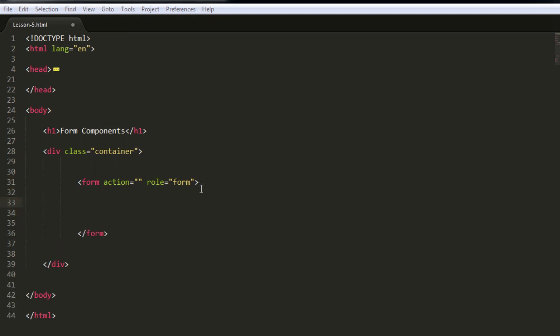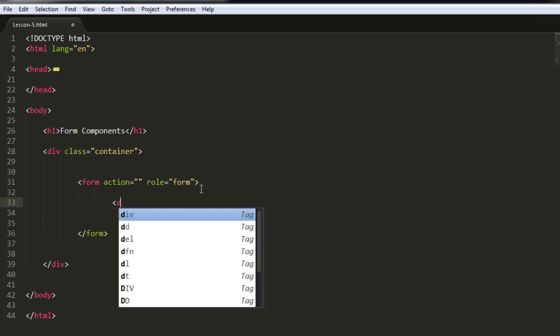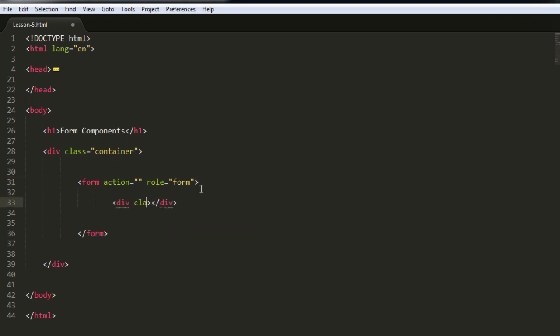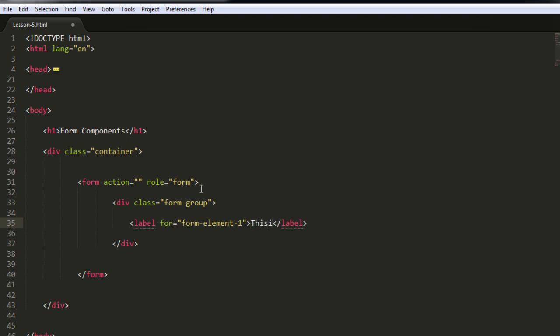Next, every form element with its label must be included in a div with the class of form group, and this will ensure proper spacing between these elements. So I'm going to have a div with the class form group, and inside it, a simple label for equal, let's type form element 1. And here let's type this is a label,